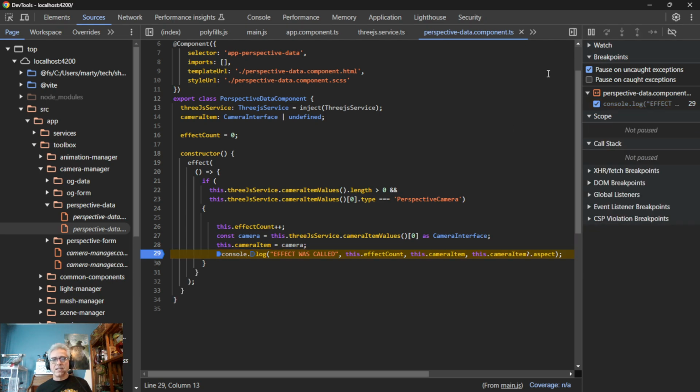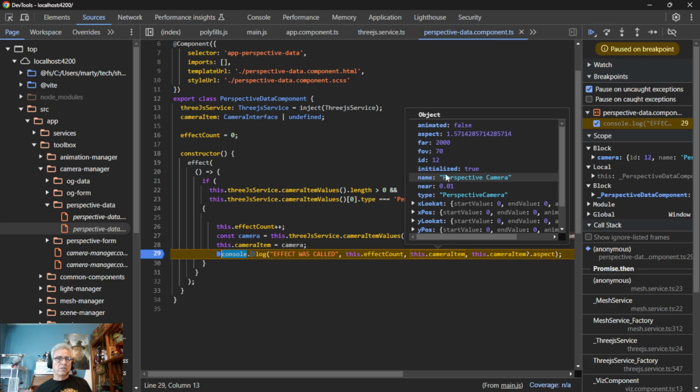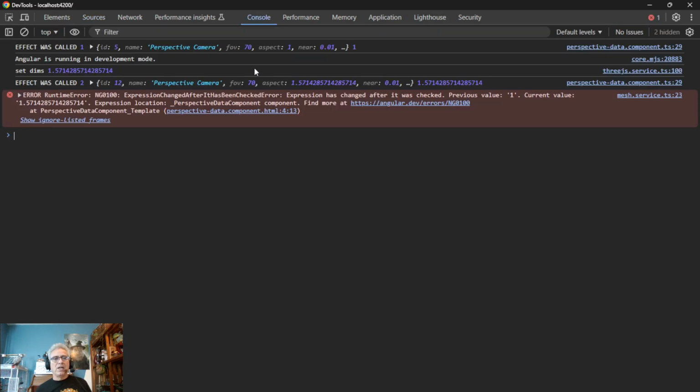Then if we run this again, the next time initialized is true, right? So basically, this gets called once when it's set up, and then it gets called again when it's initialized. That did not solve our problem, but